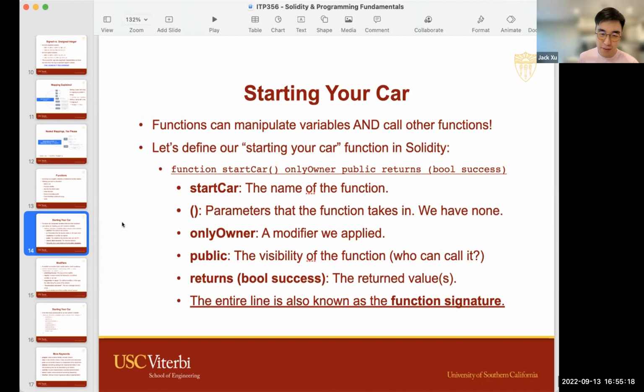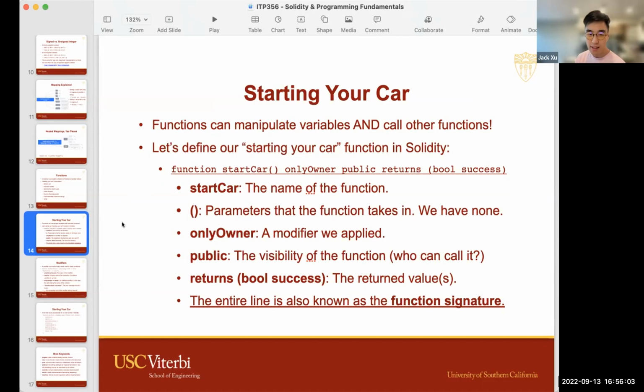Obviously the first phrase, function, just tells the computer, the compiler, that you're declaring a function. You can even think of it as the type of this variable. Actually, let's not think about it that way, it's going to confuse people. So function just means you're telling the computer that you're going to declare a function here. startCar is the name of the function. You can name it whatever you want. The computer doesn't care. You just have to make it intuitive for yourself so that in the future, when you come back to your code, you know what the hell you were doing.